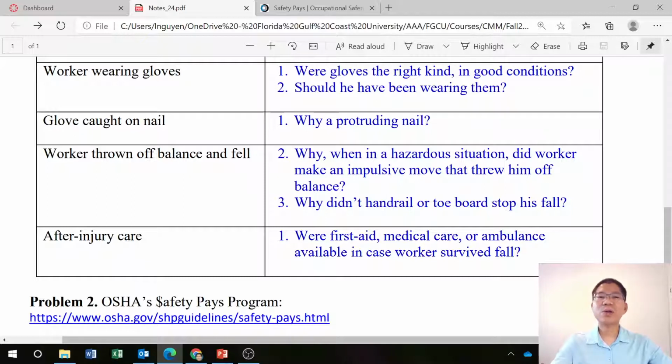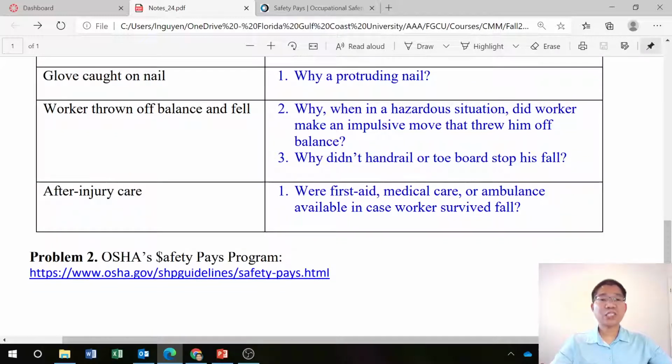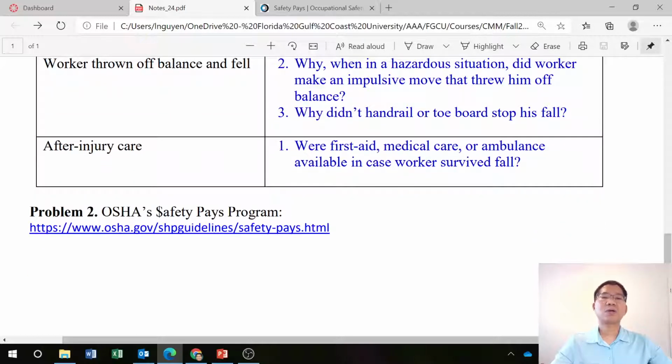Why didn't a handrail or toe board stop his fall? When there is a handrail, why did the handrail not stop his fall? It's not high enough. It's not secure enough. Things like that. After injury care: were first aid, medical care, or an ambulance available in case of the worker